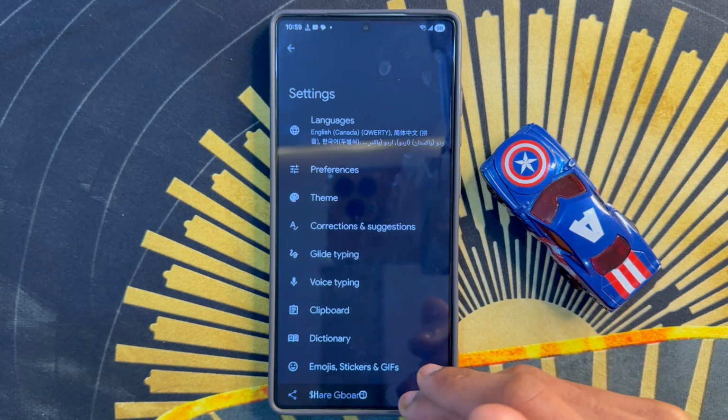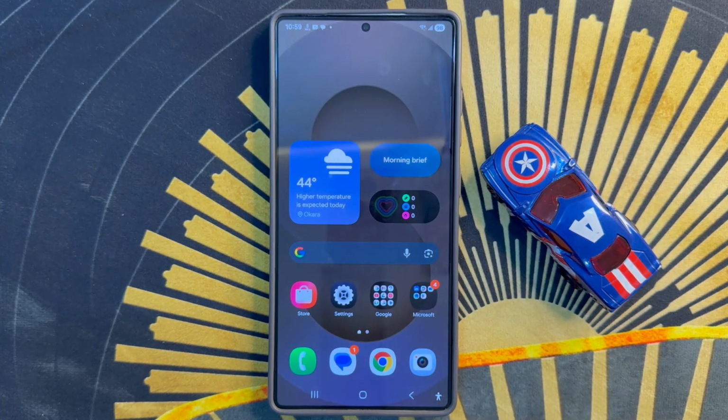After the process, go back to home screen. So that's how you can enable or disable emojis on toolbar while using Style in Gboard on Samsung Galaxy S26